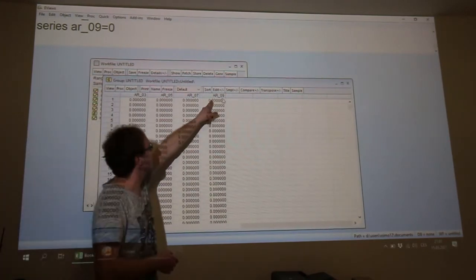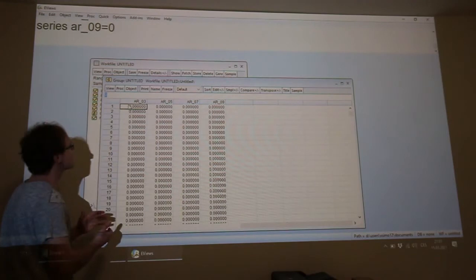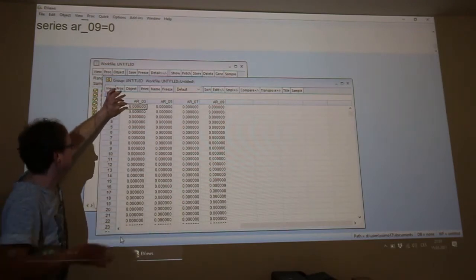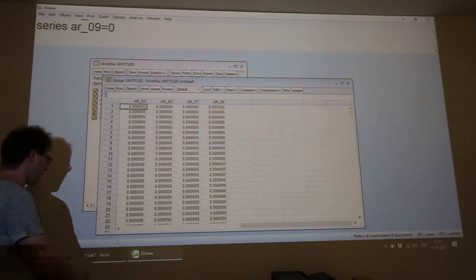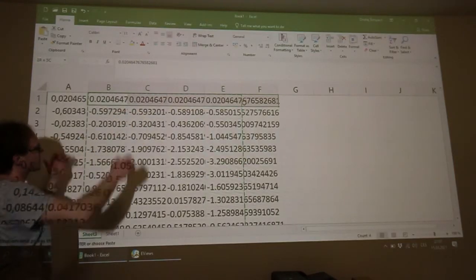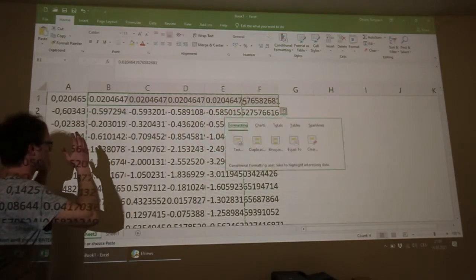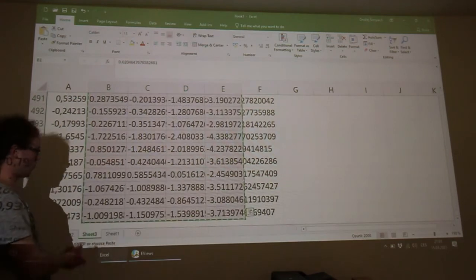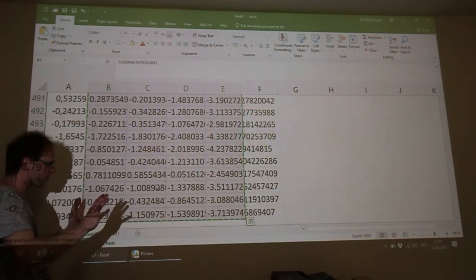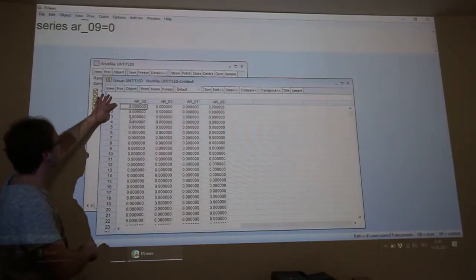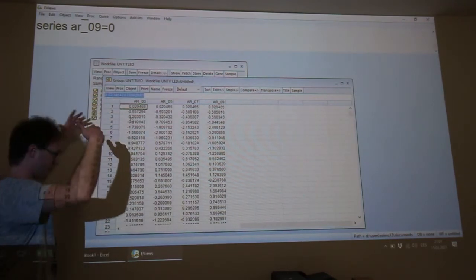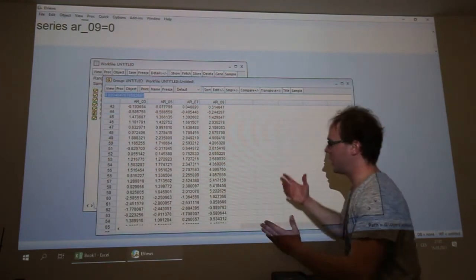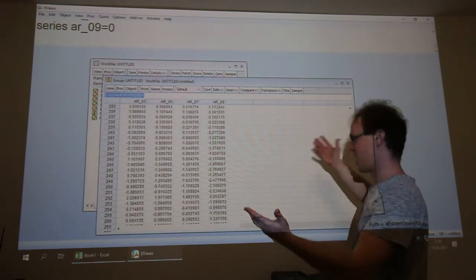We must click on the edit button, edit plus minus, and it's possible to paste values here. So click on this cell, and in Excel we must select these 2000 values, copy and paste to this worksheet. So you can see that we have values everywhere.